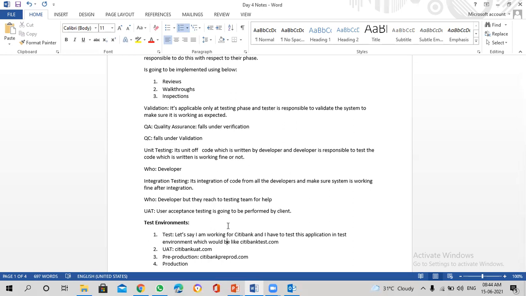And when it comes to pre-production, what is this pre-production environment used for? Pre-production mimics production. Now, when it goes to production, one end user finds a defect, and that user is specifying that when I hit login after entering the user ID and password, the system hangs there, right? Okay. So that guy calls the customer care of that particular bank, and he says, I'm not able to log in, the system is hanging.